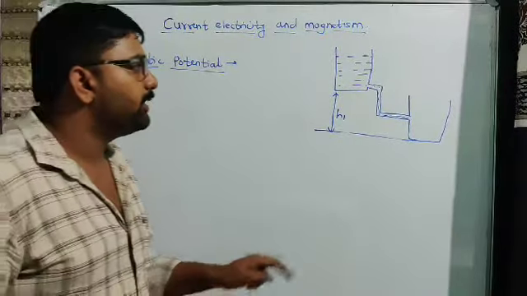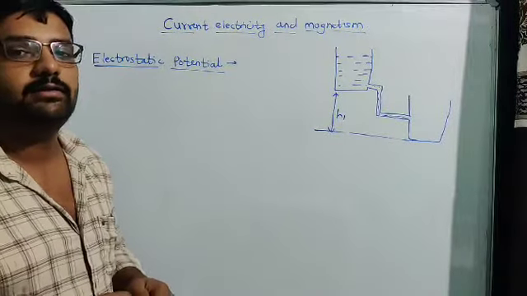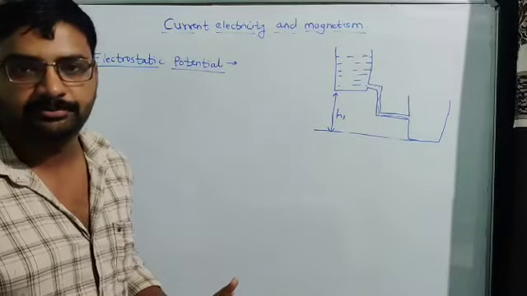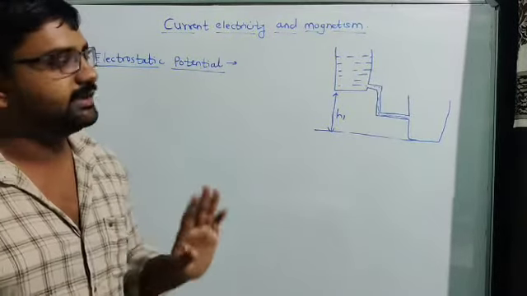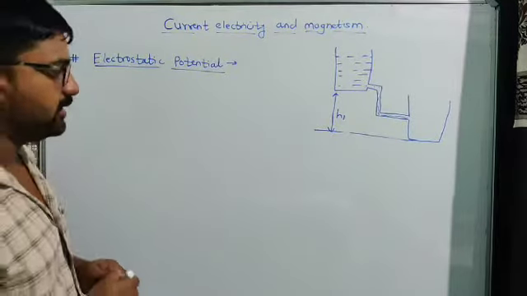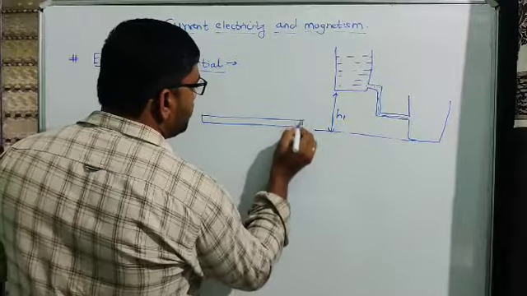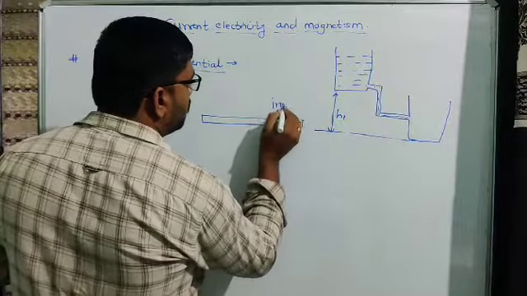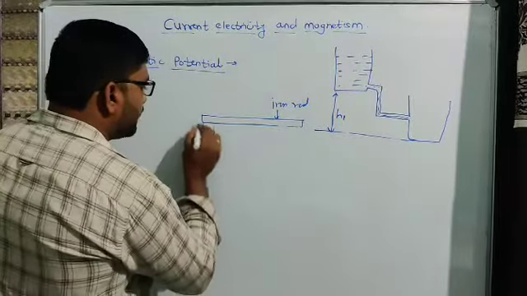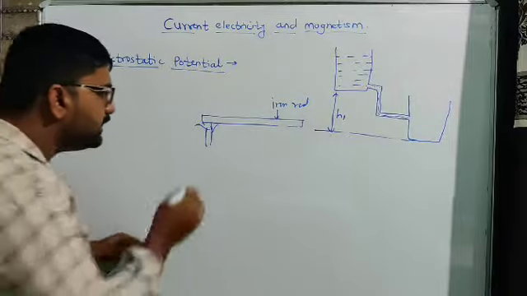So simply what happens, we know water has a tendency to always flow from higher height to lower height. That is the first case. Then another example is temperature. Suppose this is a metal rod, an iron rod. If we start to heat that iron rod here, so what happens initially,